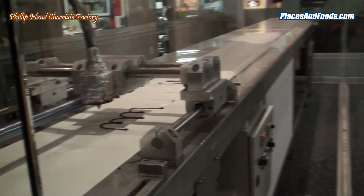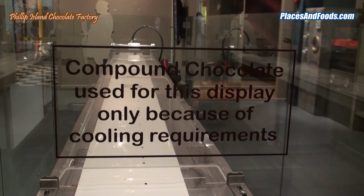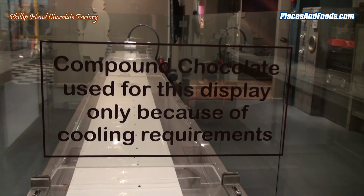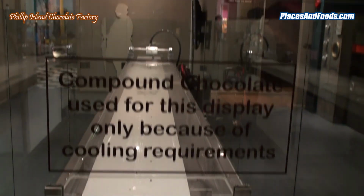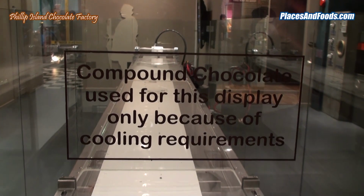We went there yesterday, and this stuff cools in 3 to 4 minutes, whereas the other stuff would take about 15 minutes to cool. We do buy good quality compound chocolate for it, but it's not what we sell in the store. This is more for a game. You can't eat it, it's not that bad, but...